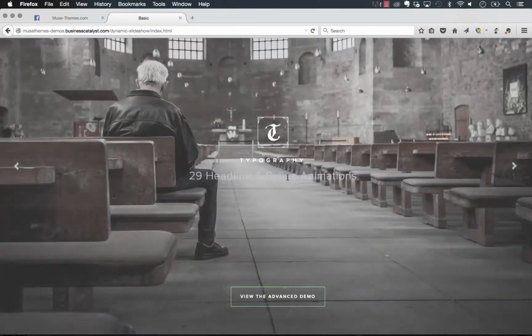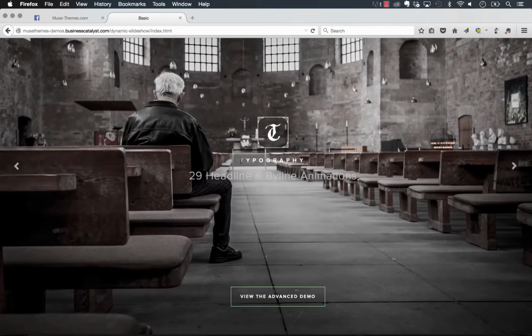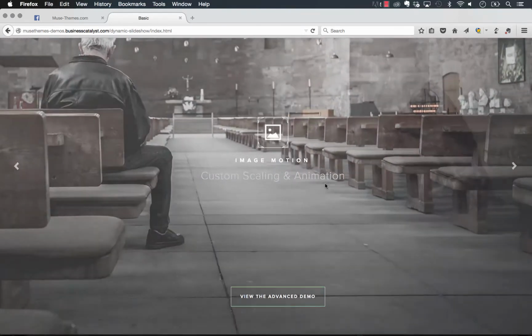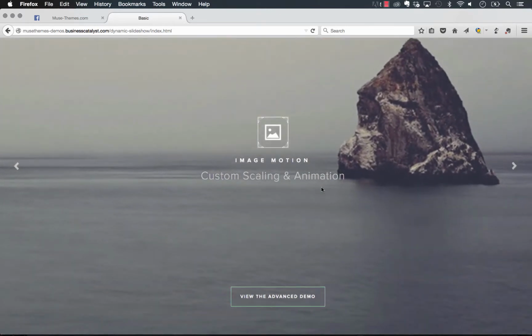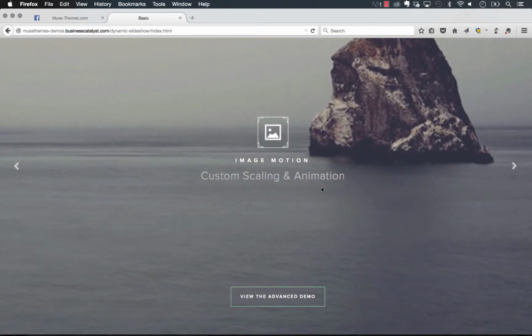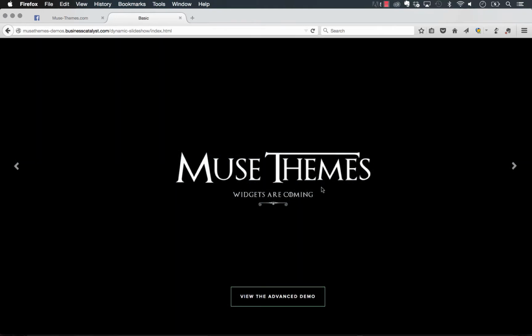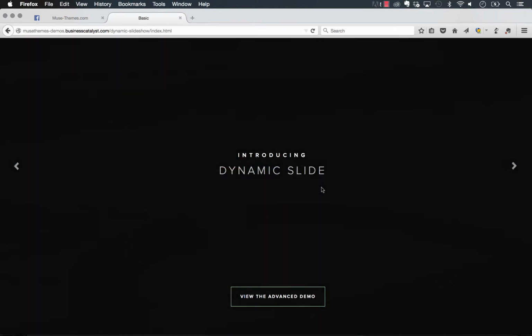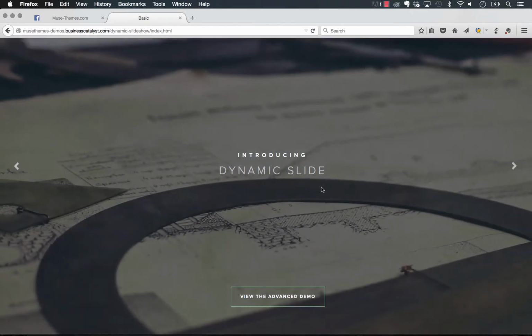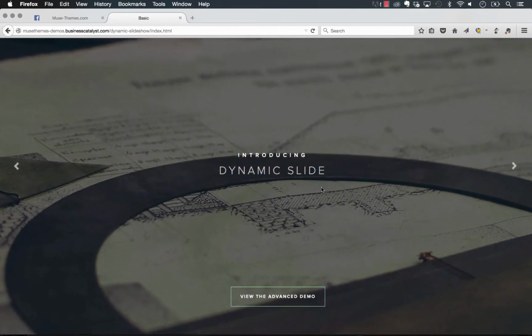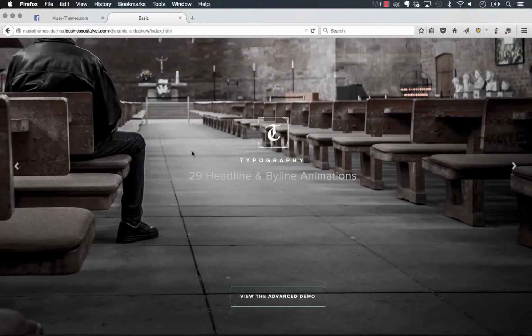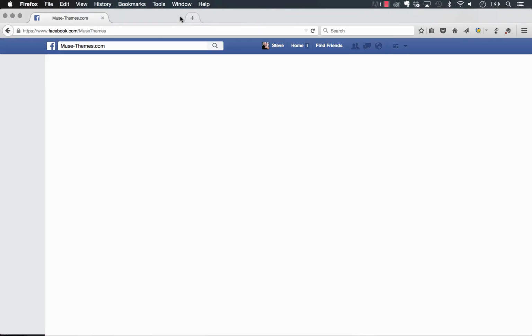All this is on this demo here is a full screen slideshow built from the default widget. We've added captions to it, things that say typography, and of course here 29 headlines, custom scaling. And all we've done is taken over those and applied the animation settings to it. So it's a great widget, it's really powerful, and it allows you to use the stock slideshow for your design purposes. So you don't have to design on the panel, which is really awesome. Let's go ahead and jump into Muse and I'll show you how to set this up on the canvas.